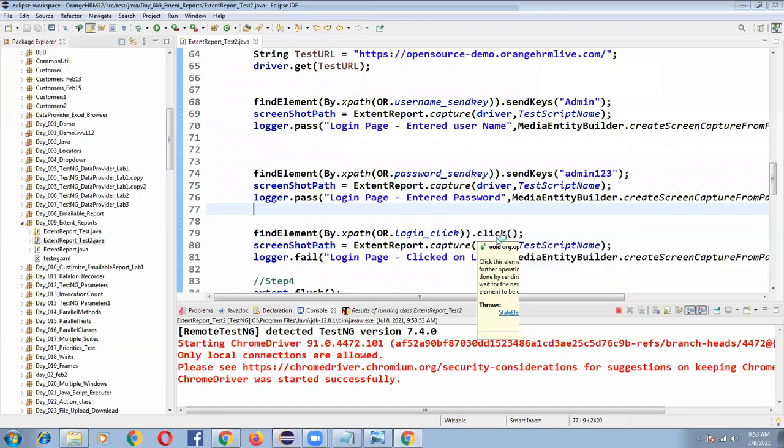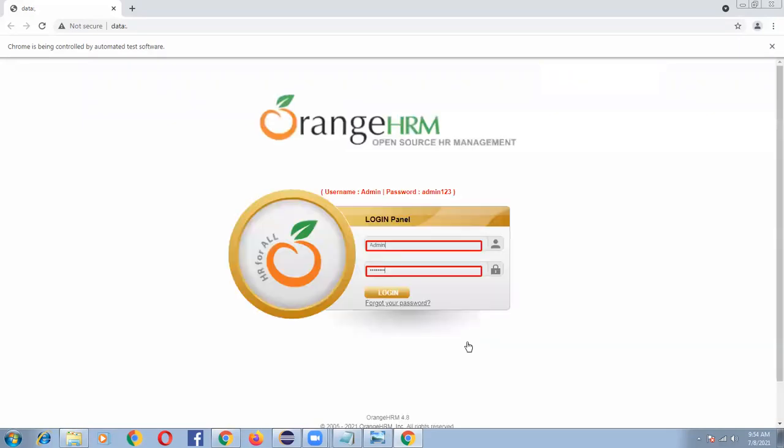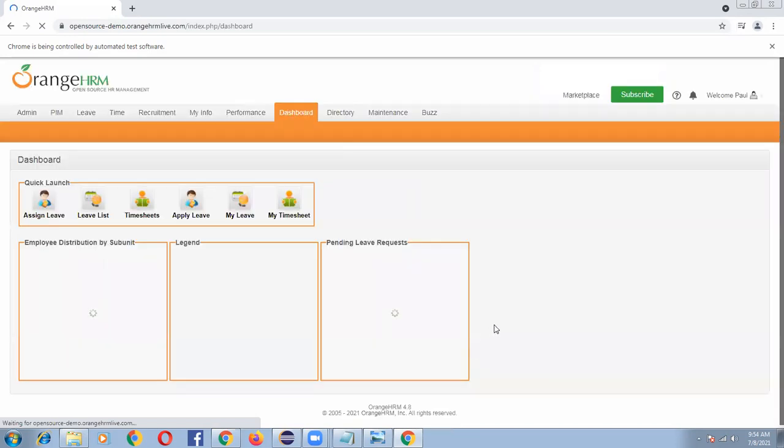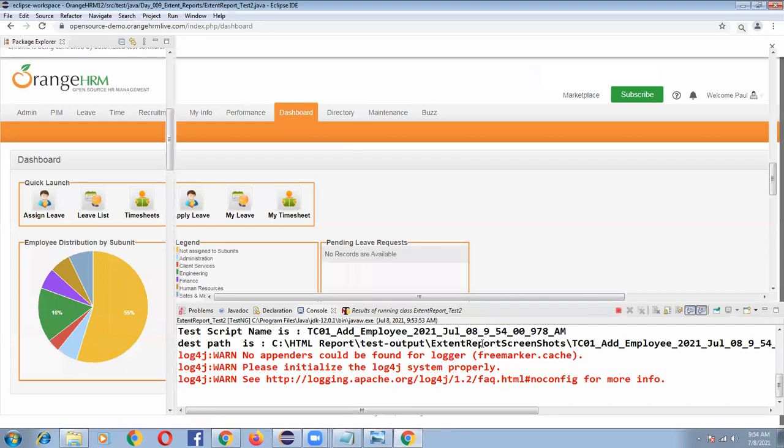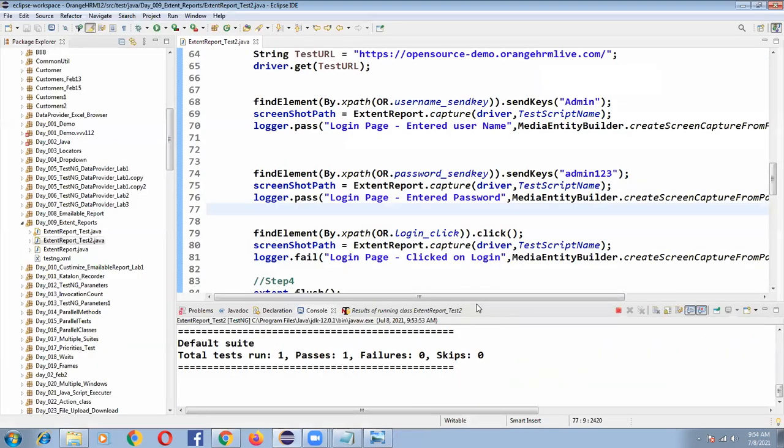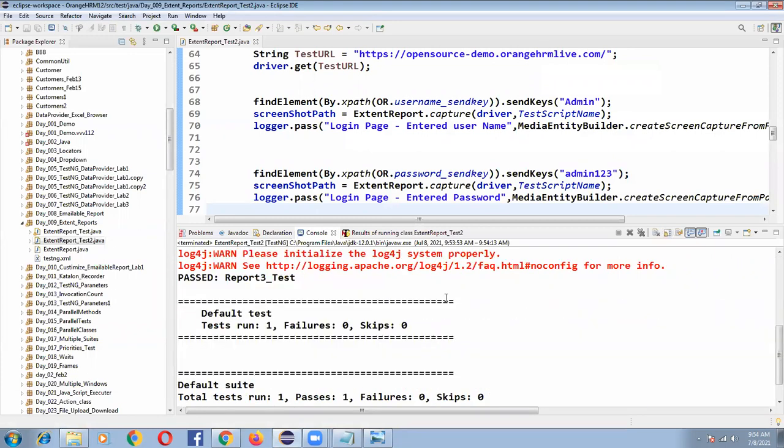No need to generate testng.xml. Okay, I executed my program.